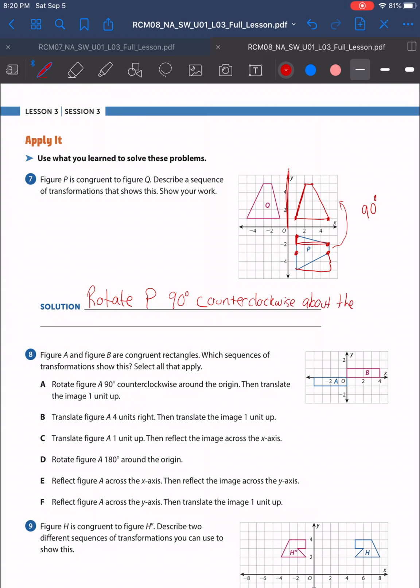About the origin. The origin was our line, or our point of rotation, our center of rotation. Then reflect the image across, oops,